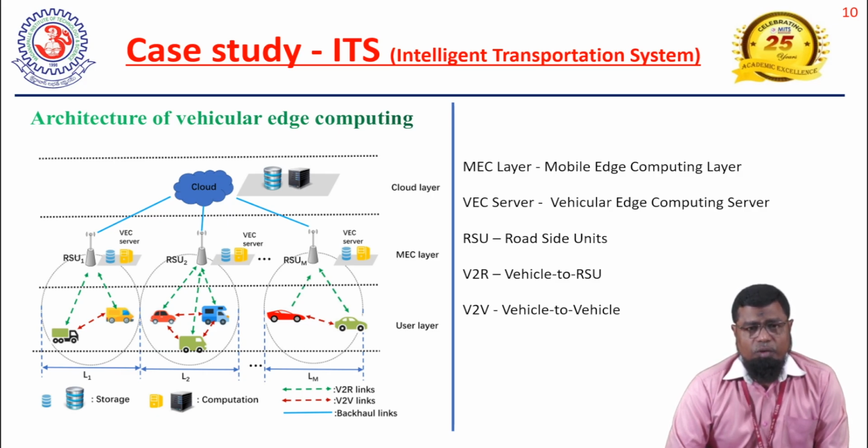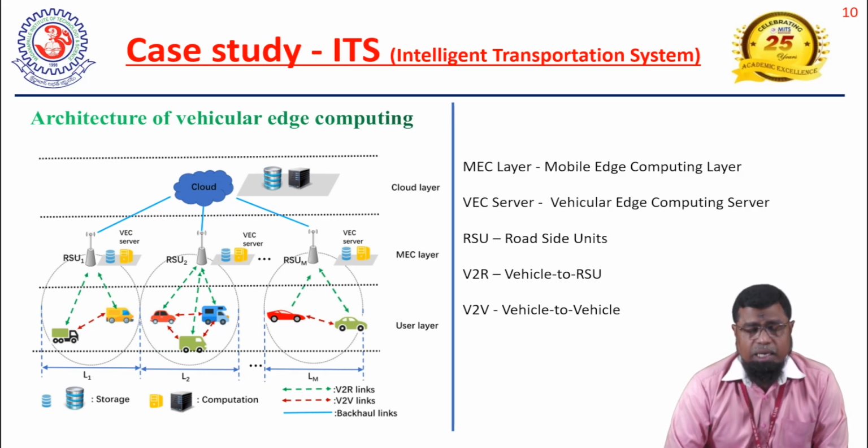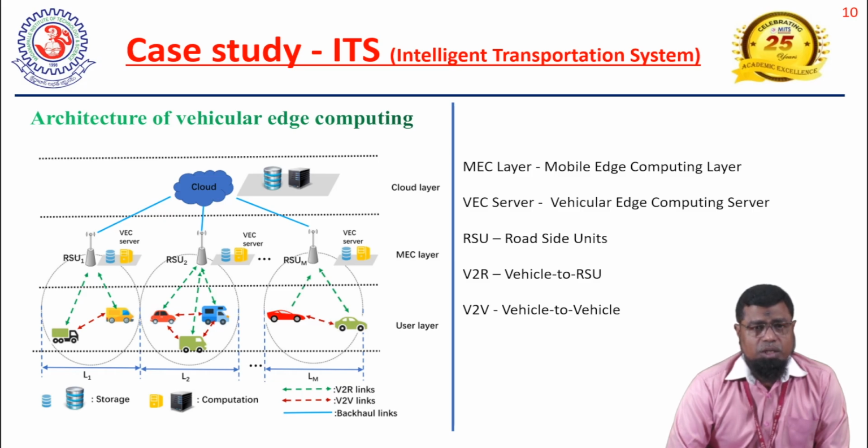Like this, since vehicles have high mobility, the handover of the network is a challenge for the people who are working with vehicular communication. Network handover should be done properly so that they don't lose internet connection while communicating with a nearby vehicle, or while communicating with the edge server, or while communicating with the cloud. So reliable communication is required. So network handover is a big challenge in edge computing, vehicular edge computing.